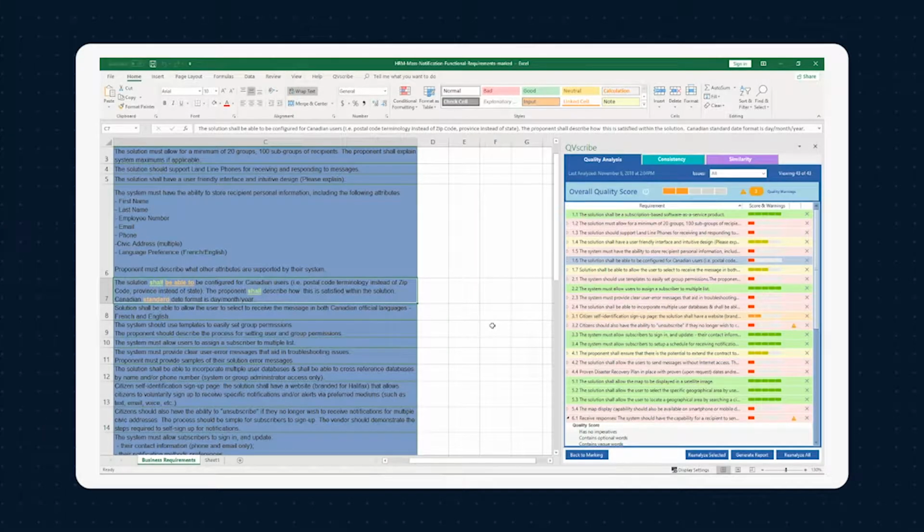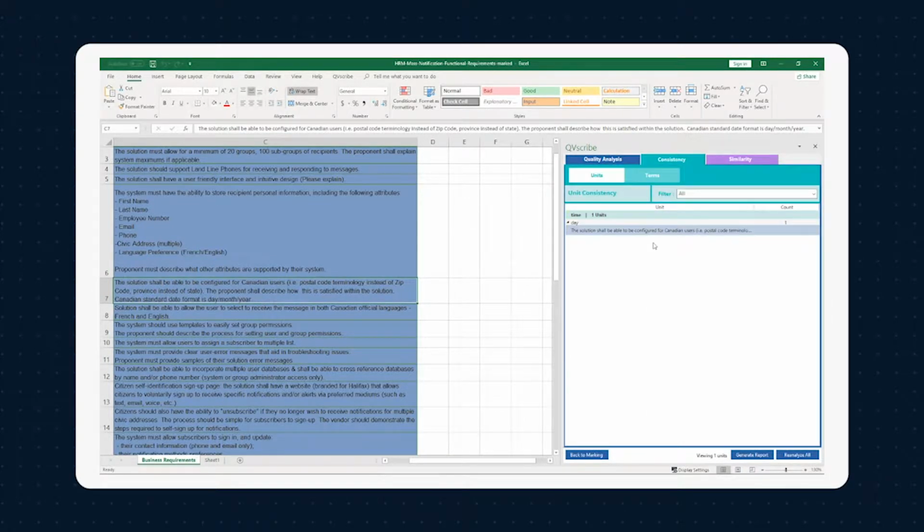After we've evaluated the quality of our requirements document, it's critical to ensure consistency amongst the terminology and units. In QVScribe, these are listed under the Consistency tab. In this particular example, we don't have a lot of units used. This is where they would be listed, and you can filter them by those that are metric, falling under the